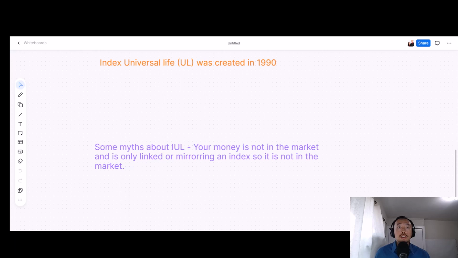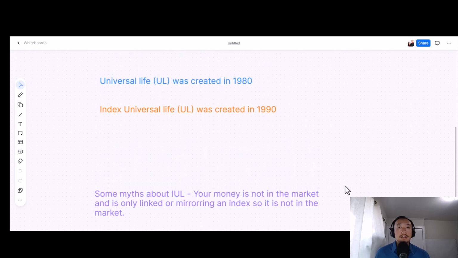So one of the features of an IUL is the floor and cap strategy. Please watch my other video on what is a floor and cap to get a better understanding of the floor and cap strategy. A floor is the minimum your cash value will get. So for instance, if the floor was at 0% and the S&P 500 goes negative, then your money is safe on the sidelines, earning a 0% rate of return. And wouldn't you agree with me that when the market is going down, it's better to have a 0 than a negative? Think 2008.